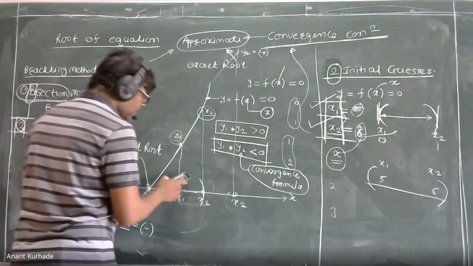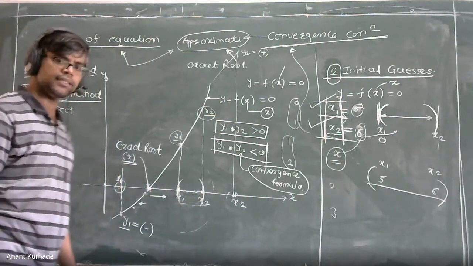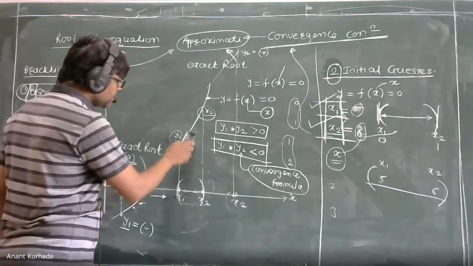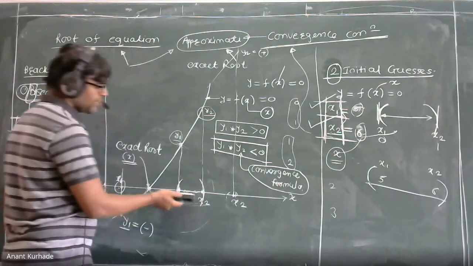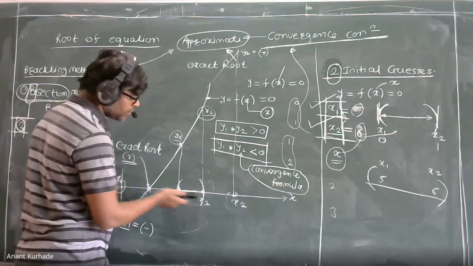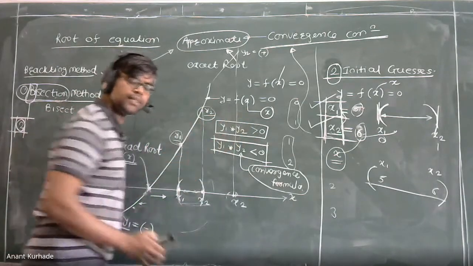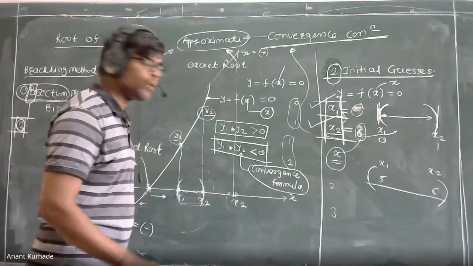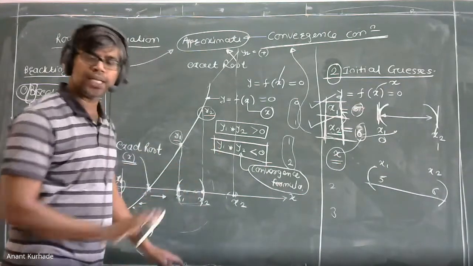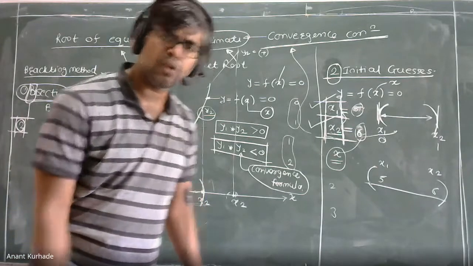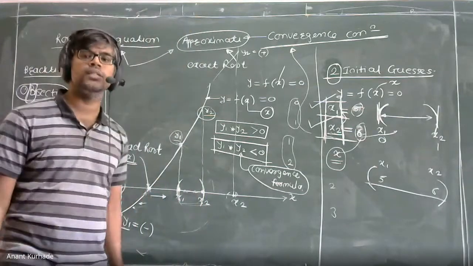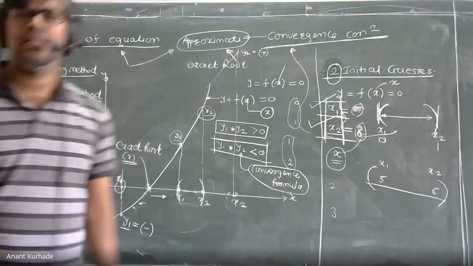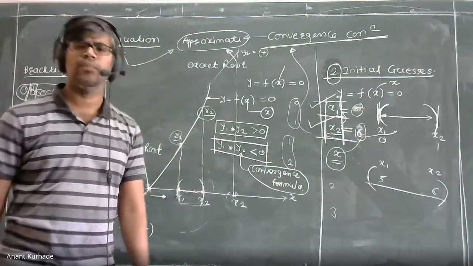By observing this graph, we can easily say, but we cannot draw a graph for every method each time. So simply find y1, y2, take the multiplication, and keep it less than 0. That's fine, we can say the root lies between these two values. If it is greater than 0, we can say these initial cases are wrong, then we go with a new initial value. Up to this, any doubt? Tell me. If yes, then I will explain again. No problem.